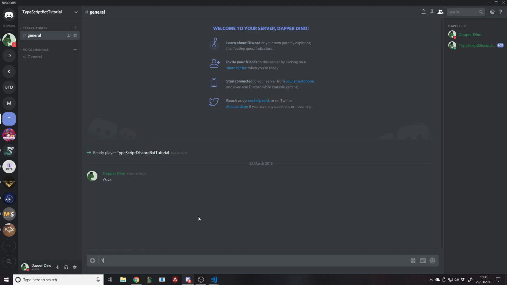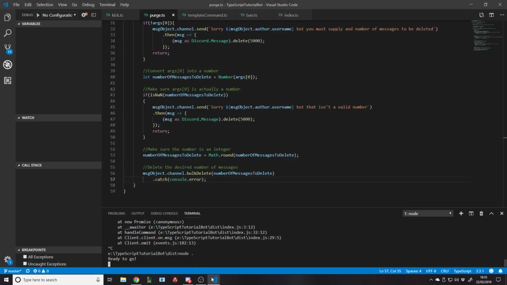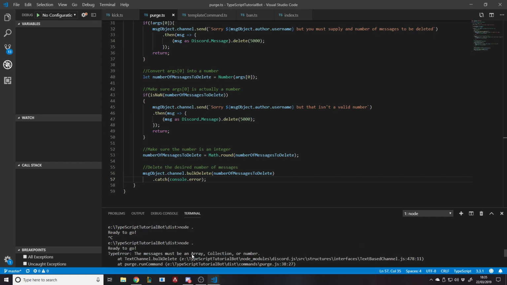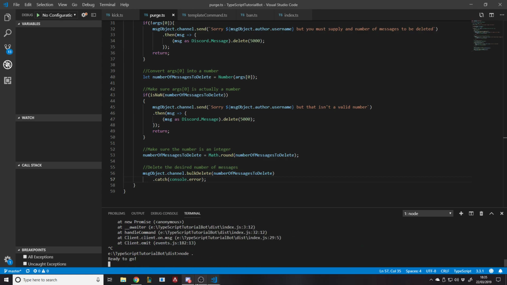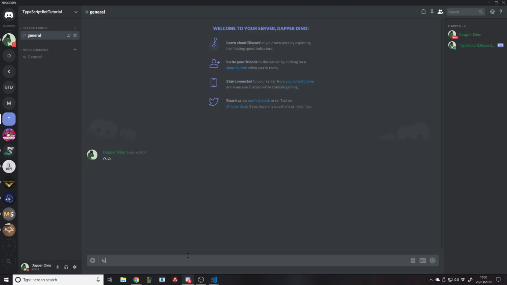Now, there's only one message left, so if I put purge 50 or something, it's actually not going to work, and we're going to get an error in the console. Or not actually, it just, because that isn't from there. That's weird. So it didn't actually get an error back when it tried to delete too many, it just didn't do it. But keep in mind the number you put into purge includes yourself. So if you want to delete one message, you actually do purge 2. But for some reason,